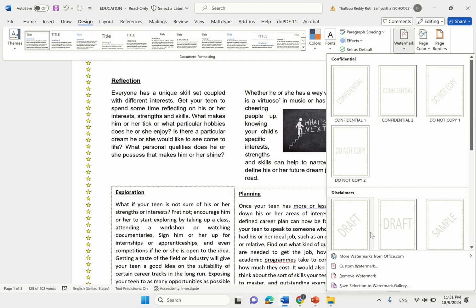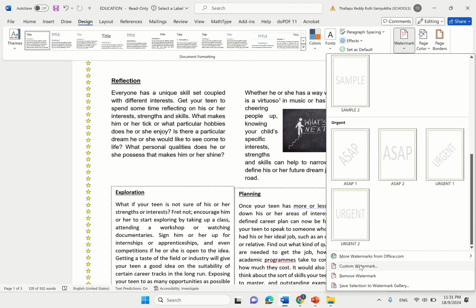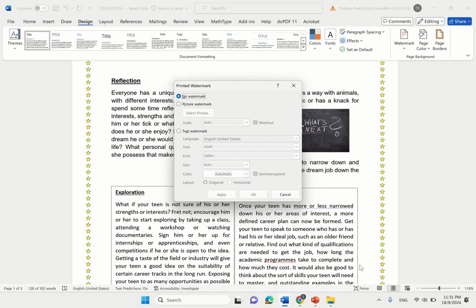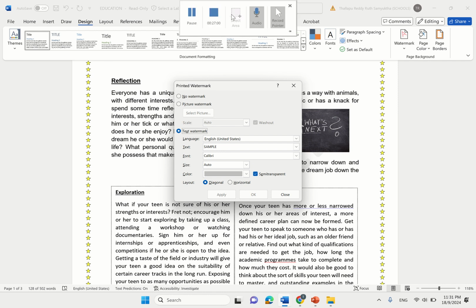So for this one I'm going to go under Custom Watermark. I don't want to use the ones that they have. I want to make a custom one, and I want to make it a text watermark. So I want it to be a word, and the text that I want is "sample". Now in the question paper they don't really tell us what kind of text or color they want, so I don't really care about any of those. They also don't tell us diagonal or horizontal, but usually we prefer diagonal because it covers more space on your document. So I'm just going to apply a diagonal watermark called "sample", and when I apply,